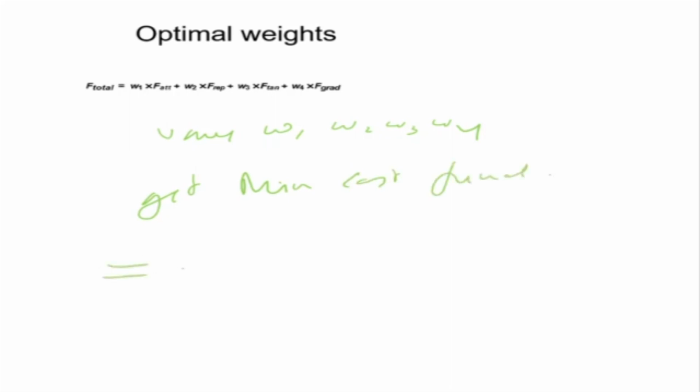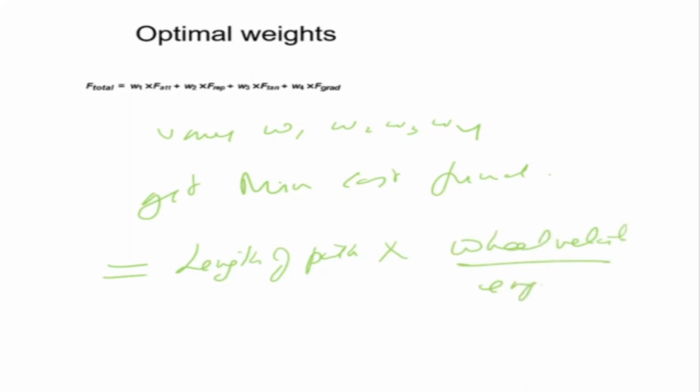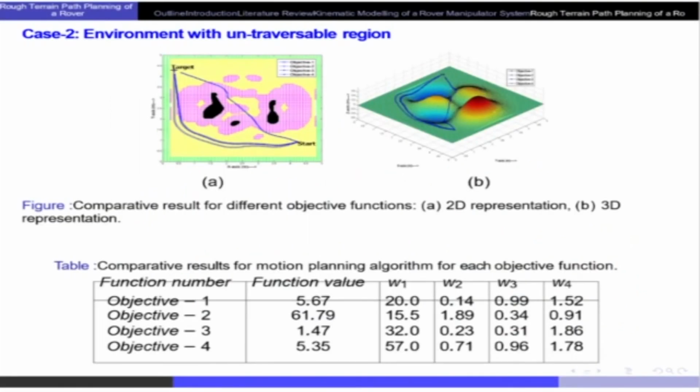So the cost function that can be used is length of path into the wheel velocities. But this can be energy also. Energy, total energy of the motors, energy taken by motors. Okay. So if you do that, what we find is that in this kind of terrain, this is the top